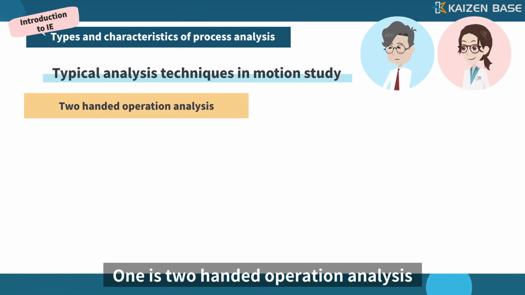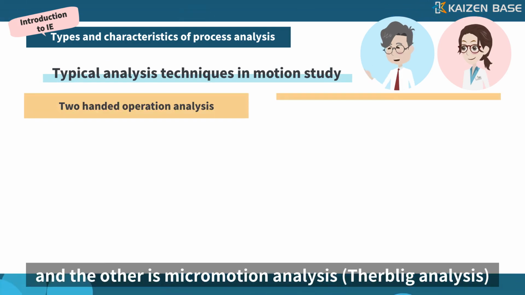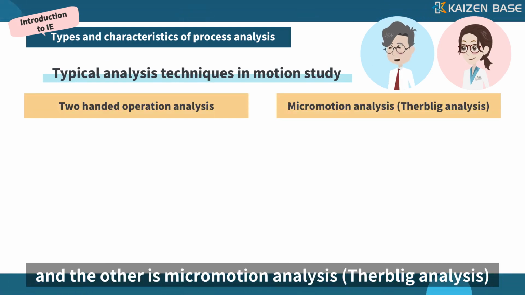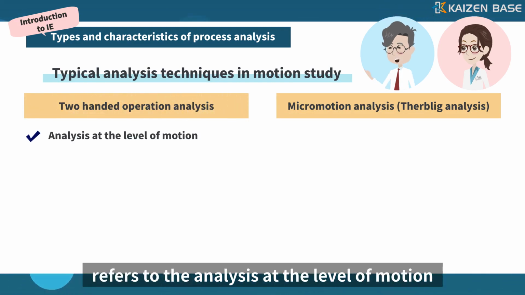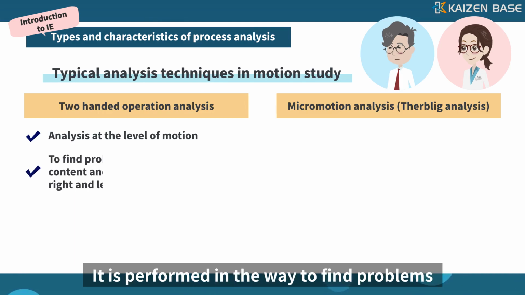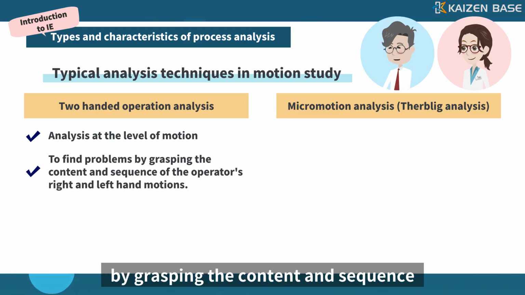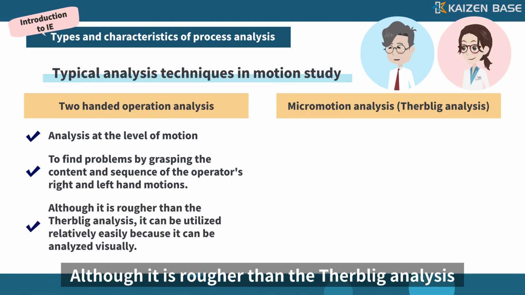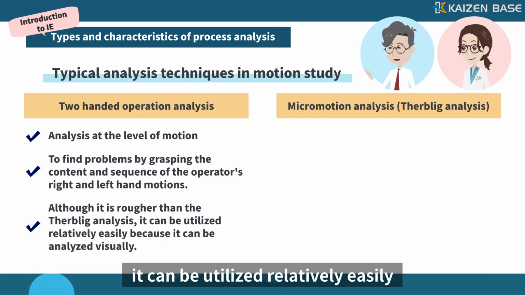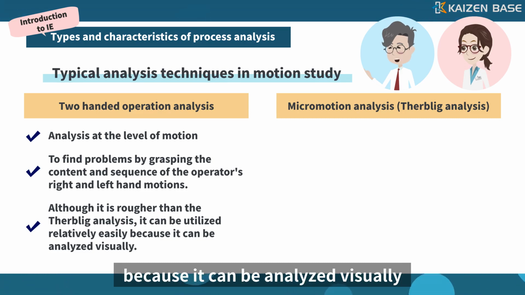One is two-handed operation analysis and the other is micromotion analysis, Playback analysis. Two-handed operation analysis refers to the analysis at the level of motion. It is performed in the way to find problems by grasping the content and sequence of the operator's right and left-hand motions. Although it is rougher than the Playback analysis, it can be utilized relatively easily because it can be analyzed